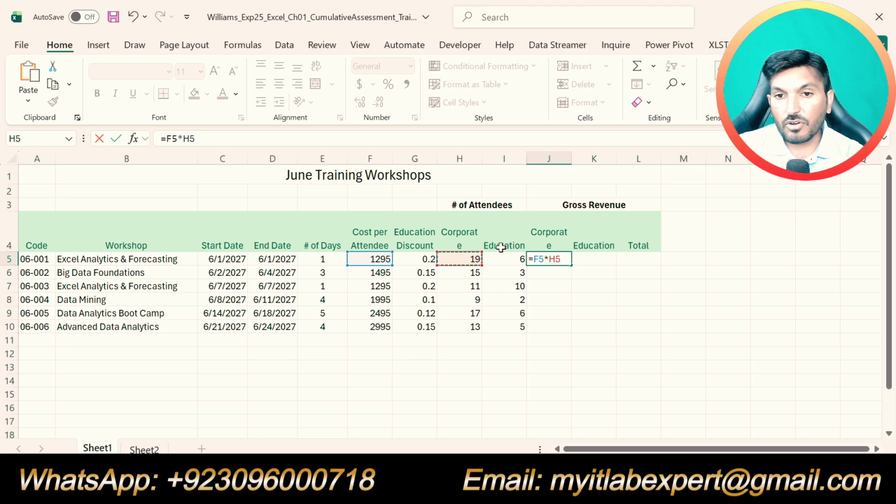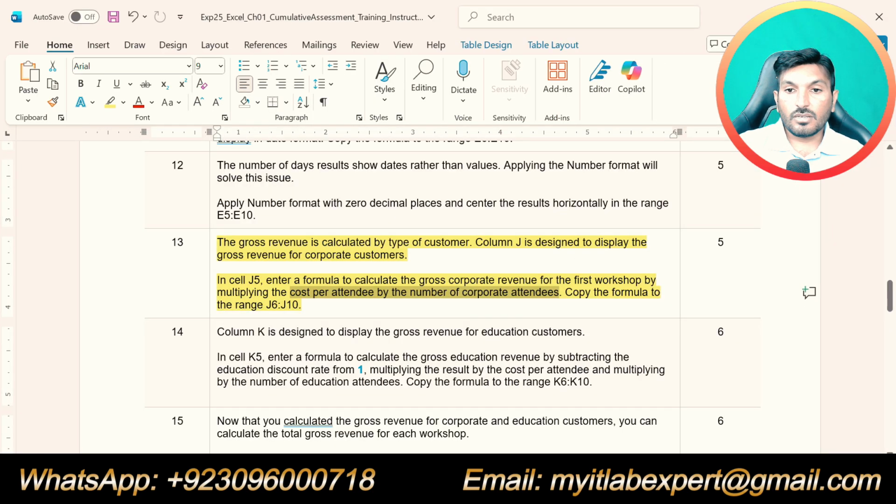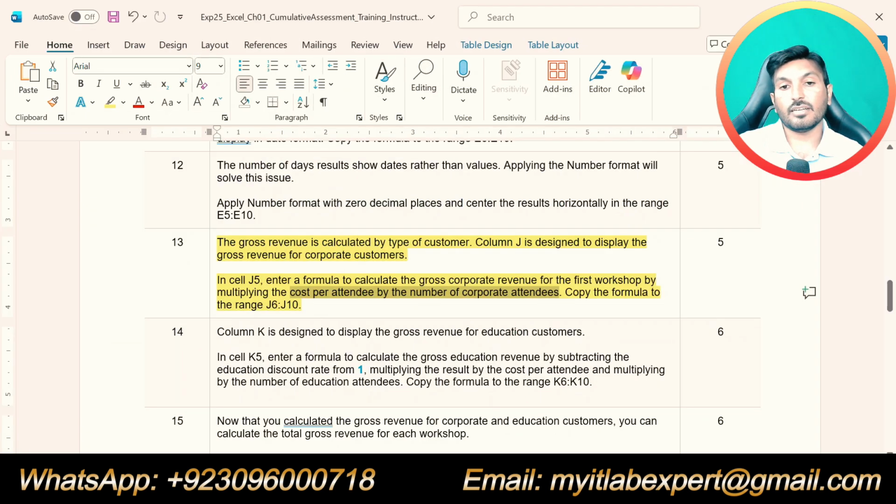So these are the number of attendees, these are the corporate attendees and these are the education attendees. So we are going to multiply cost per attendee with the corporate attendees and we will get the gross corporate revenue. Okay. Now copy the formula up to cell J10. So drag it down up to cell J10. Okay. So we have calculated that.